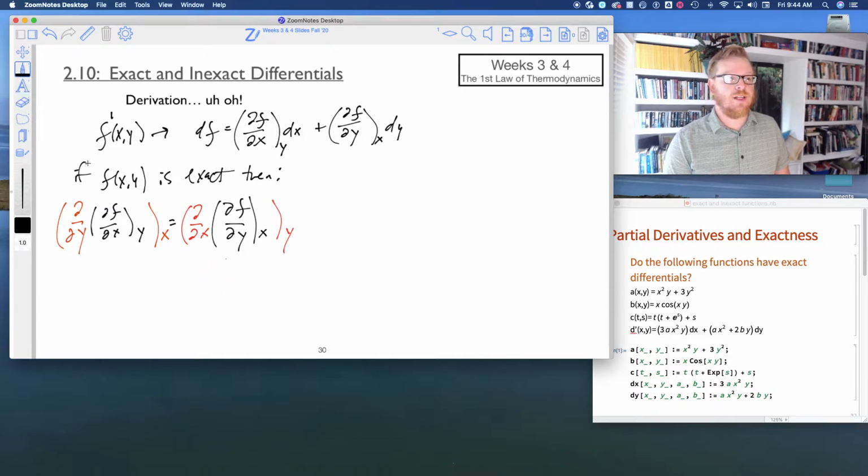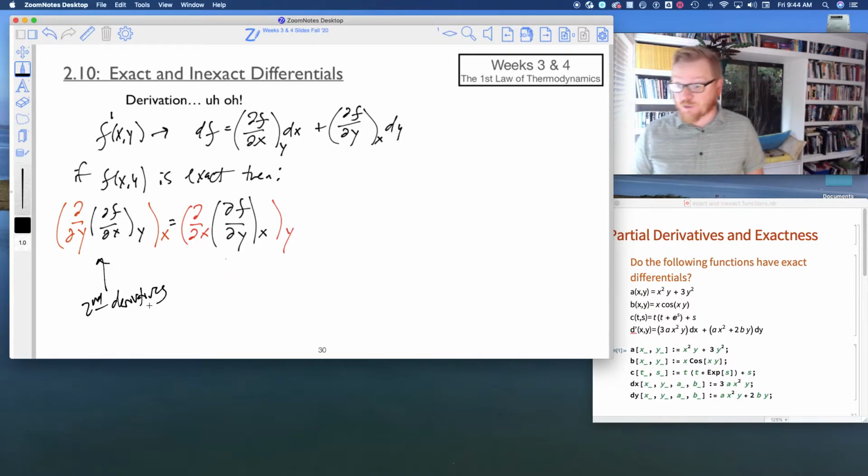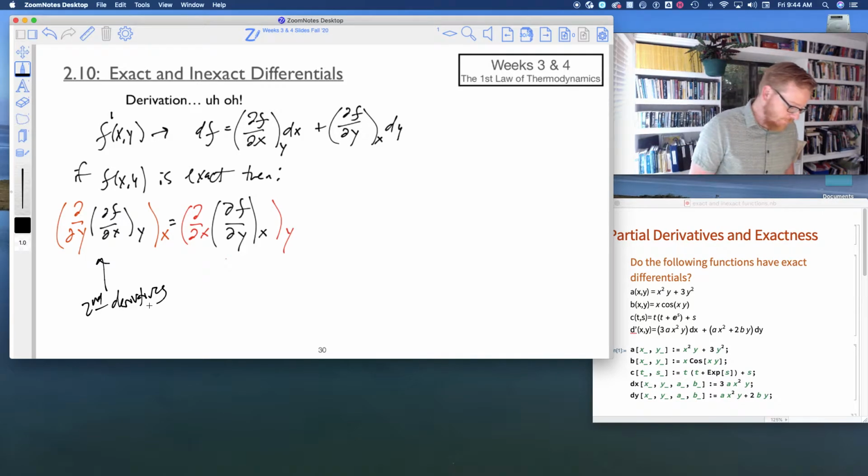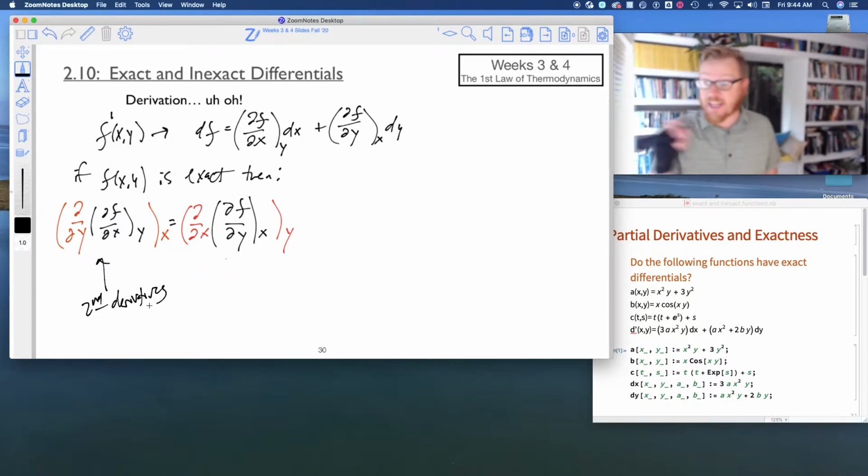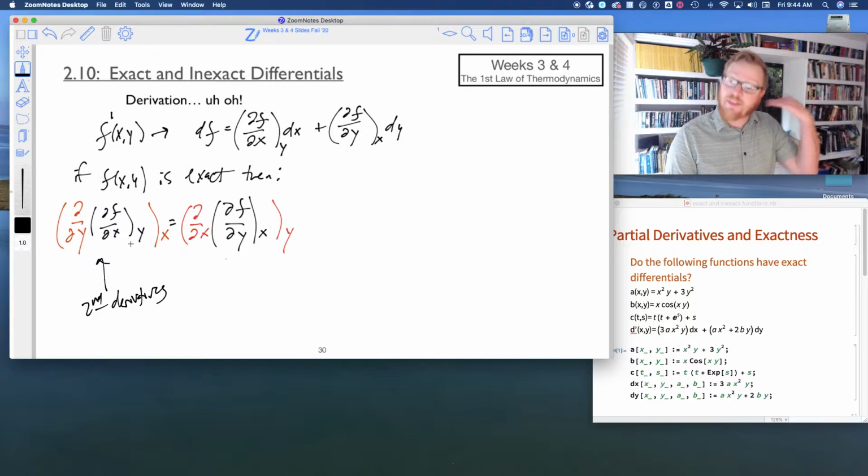I can switch the order in which I take them, and the result will be the same. And so note that these really represent second derivatives, right? And if it is exact, then switching the order, so first taking the derivative of f with respect to x at constant y, then taking the derivative with respect to y at constant x. If I change that order of operation and it's equal, we can say it's an exact function. Okay, so let's do an